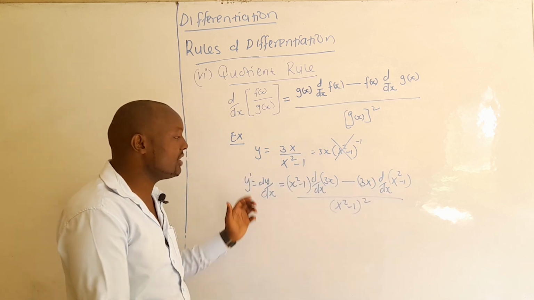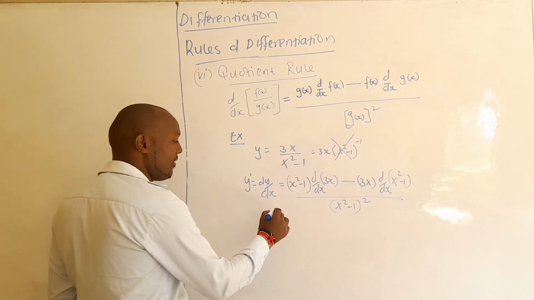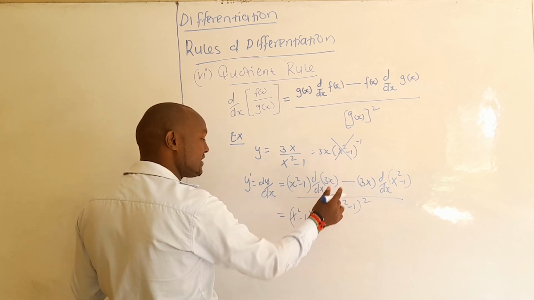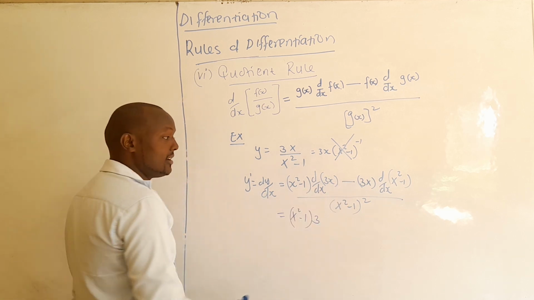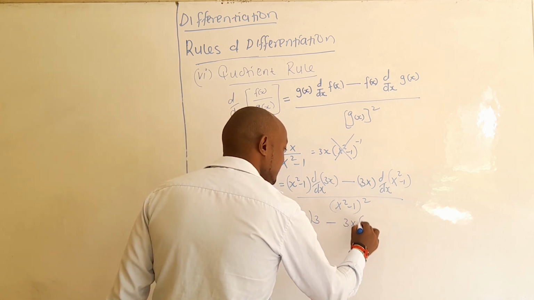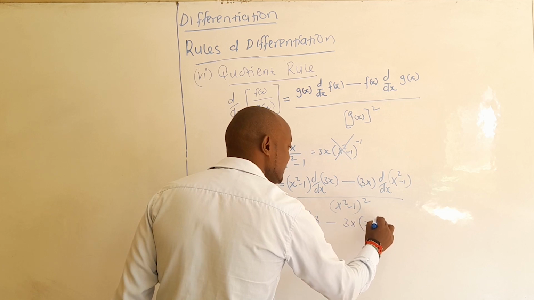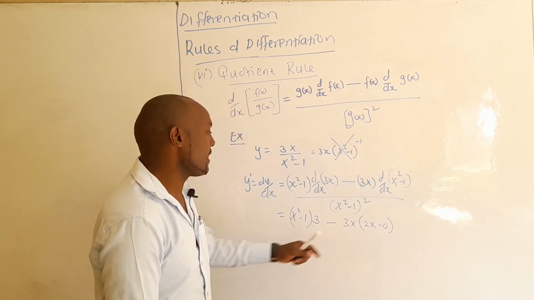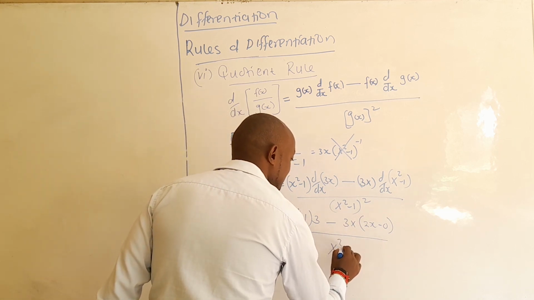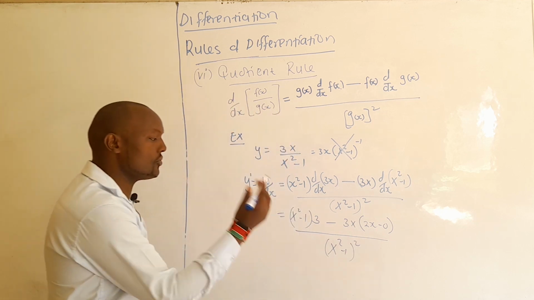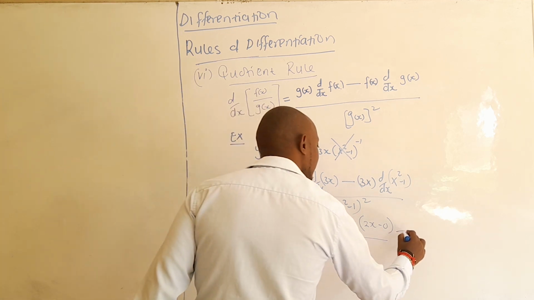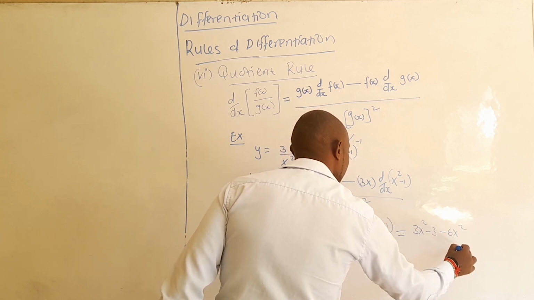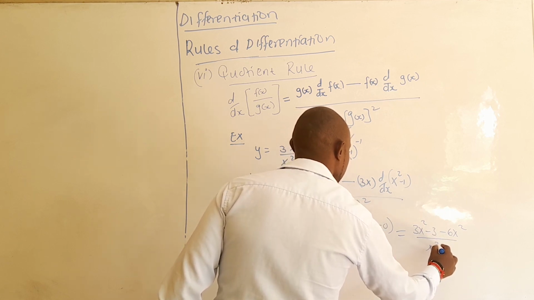We are differentiating first of all the numerator, then differentiating the denominator. So with that one, it will become much easier for you now, because here you have x squared minus 1. But when you differentiate now 3x, we said you get 3, minus 3x. Now when you differentiate this one, you get 2x, because it will be 2x minus 0. So you get just 2x all over x squared minus 1 squared. So you can simplify that one further and get 3x squared minus 3 minus 6x squared, all over x squared minus 1